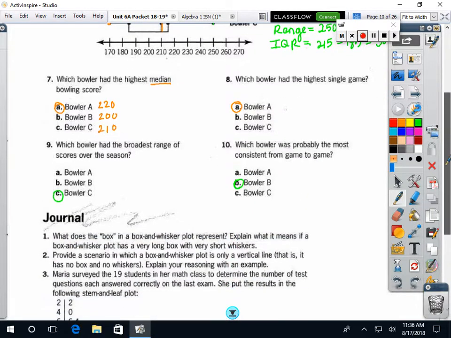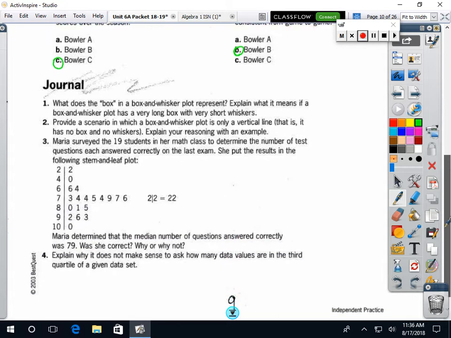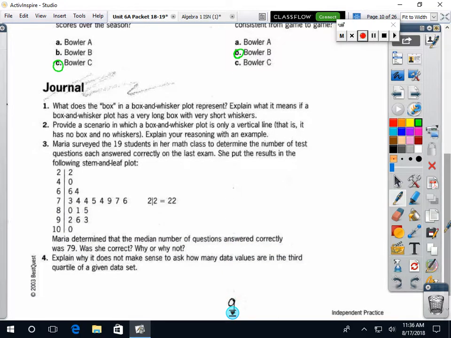All right, now below. Journal questions. What does the box in a box and whisker plot represent? Explain what it means if a box and whisker plot has a very long box with very short whiskers. You're going to answer that on the back on page 10. You're given some lines. So turn to page 10 and try to answer that question by yourself for a scenario